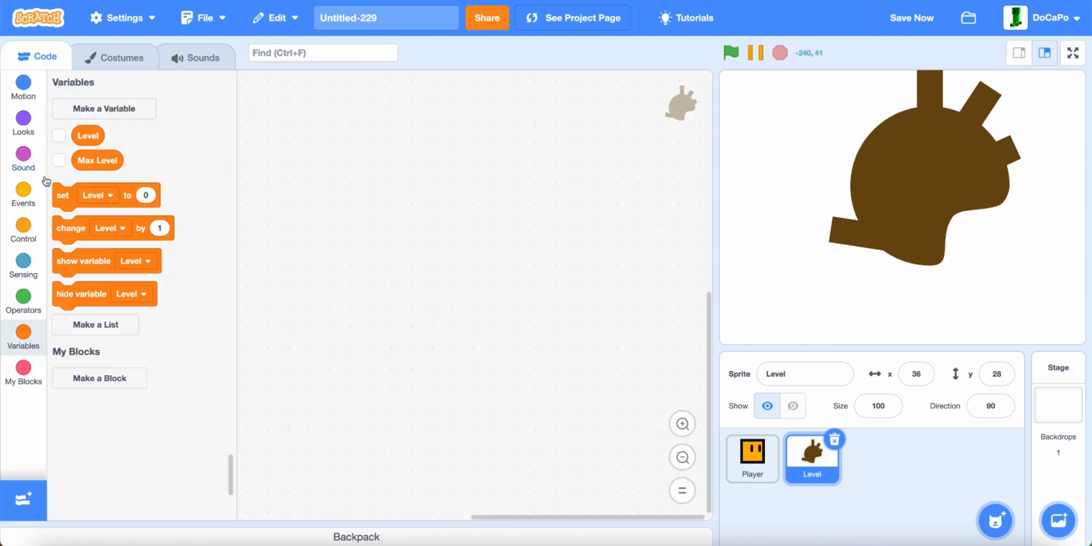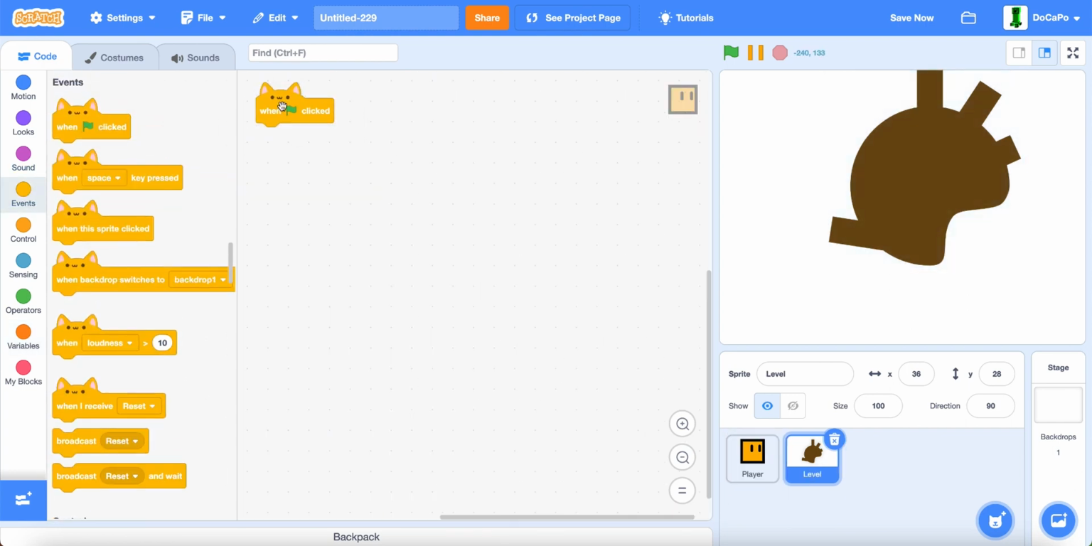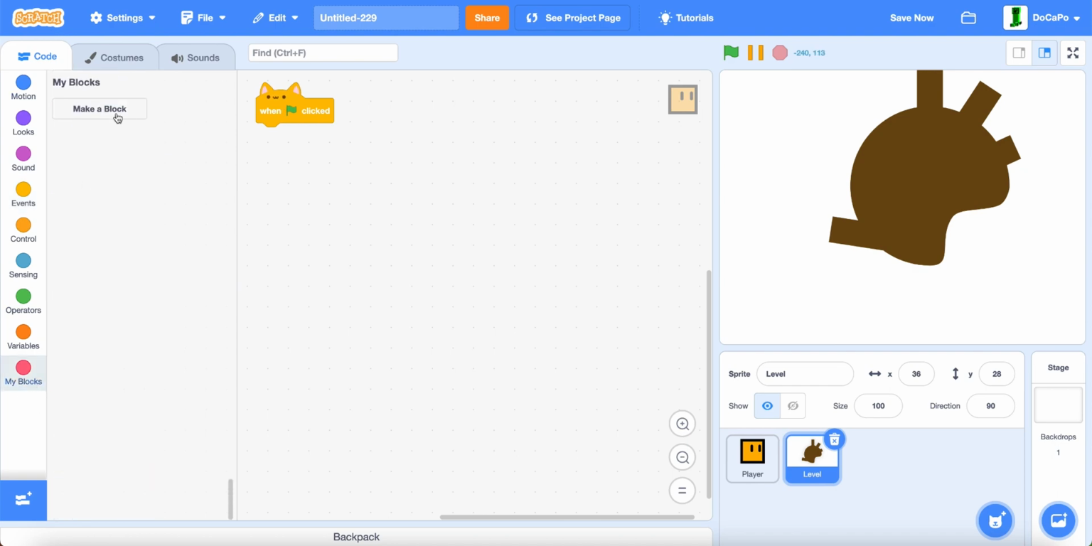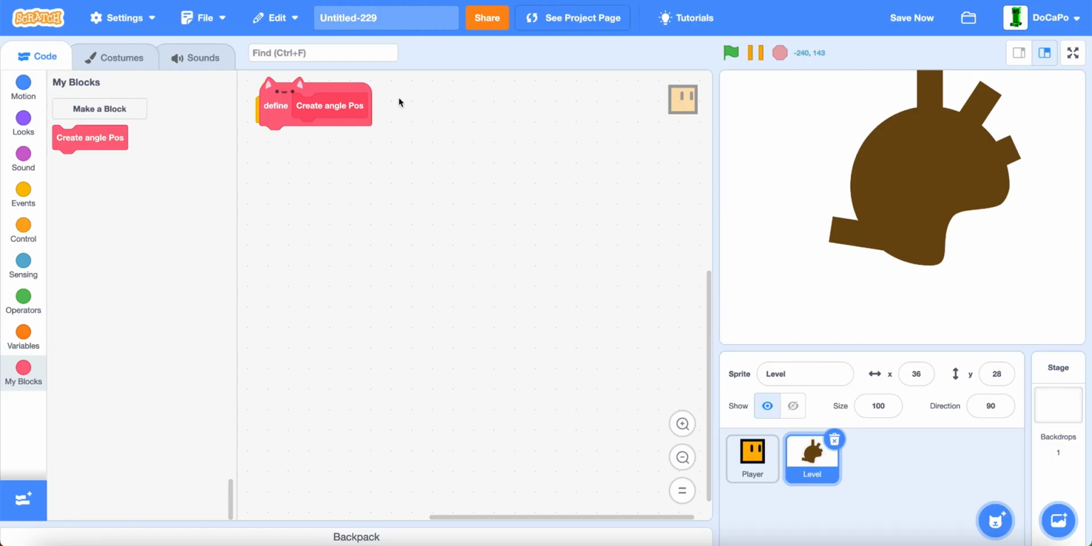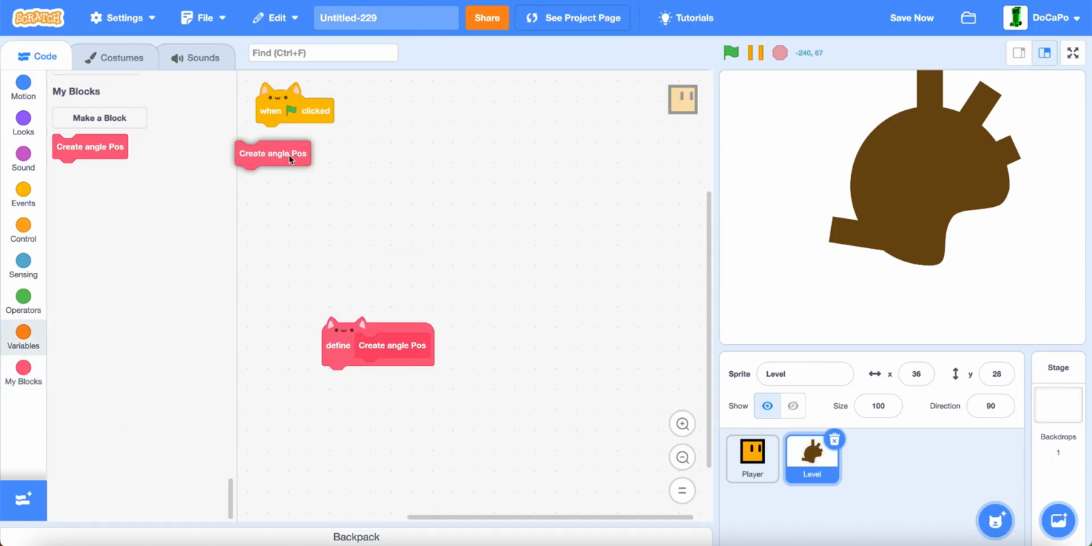Now, in the code, we do, when green flag is clicked, create a new block named create angle pause, run without screen refresh. Place it there,